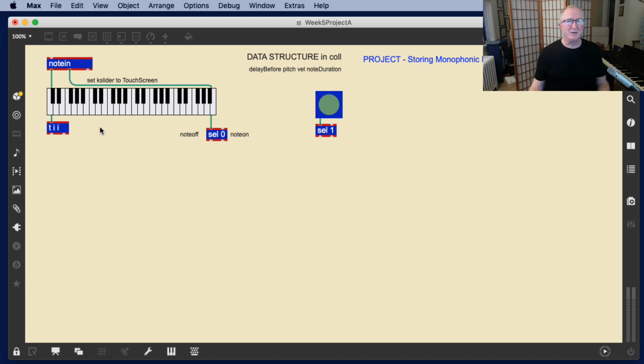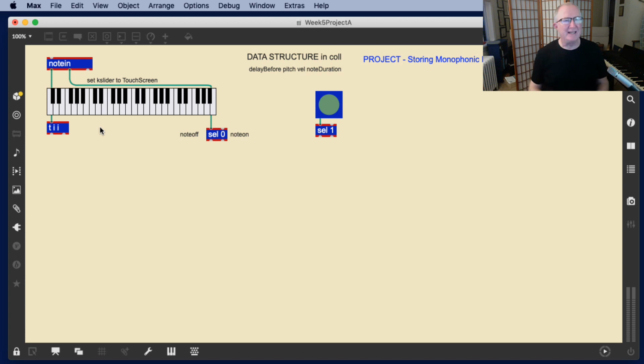So I need to either store the inter-onset duration, which would be the time between the start of one note and the start of the next note, or I need to store the gap between the end of one note and the beginning of the next note. Since I'm dealing with melodies, I can get away with just storing the gap between the end of one note and the beginning of the next note. If I were trying to do chords, then I'd probably need to deal with something a little more complicated, like inter-onset durations and so on. Okay,